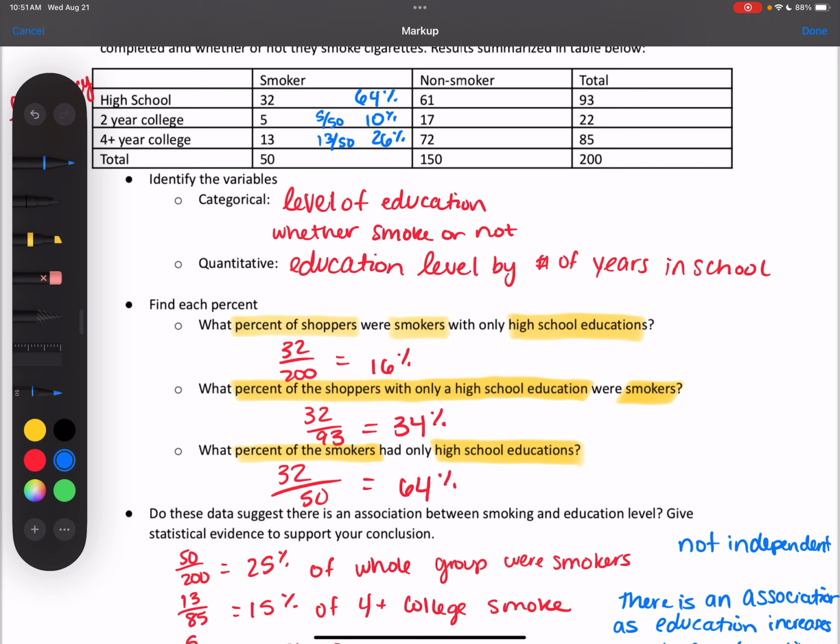Sometimes if one of them ends up being a rounded number, which these ones work out nicely so they weren't rounded, but sometimes if you have rounded numbers, depending on how it falls, you may end up with something like 99% or 101%. So just be aware of that. If you're plus or minus 1%, that's probably just a rounding thing. So don't be like, well, this adds up to 101. Go back and check your numbers, make sure you rounded correctly. It should add up to 100, but typically it's just a rounding thing.